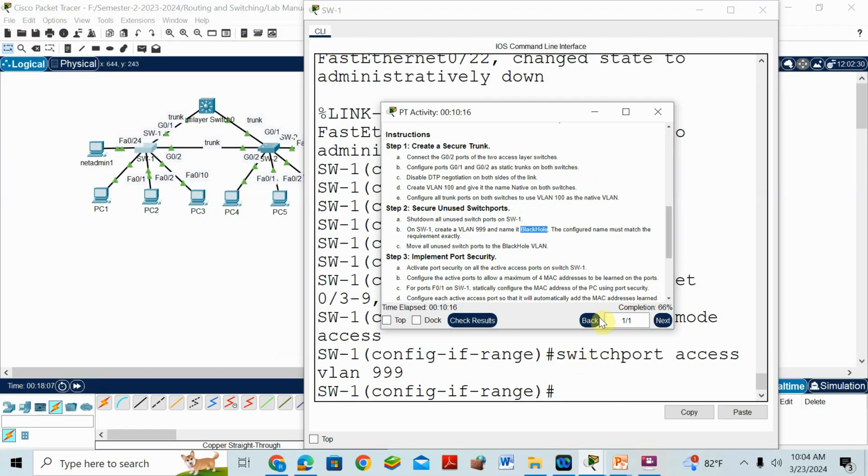Okay, 66. Unused ports, you already know: FA 0/3 to 9 and 11 to 23. Make them part of the black hole VLAN, or 999. I put it like this. Okay, then